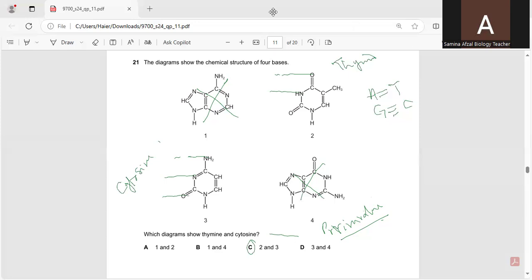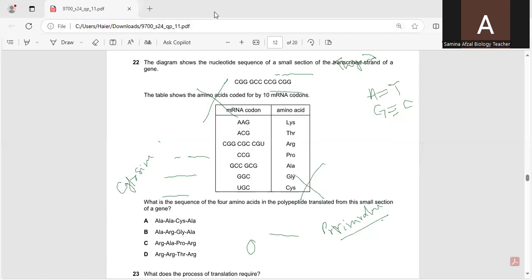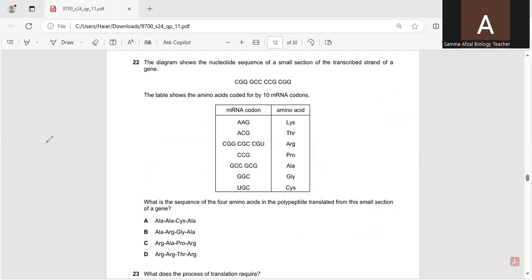Now we will move towards question number 22. The diagram shows the nucleotide sequence of a small section of the transcribed strand of the gene. So they have CGG, and we will write GCC, and then CGG, then G and C, and